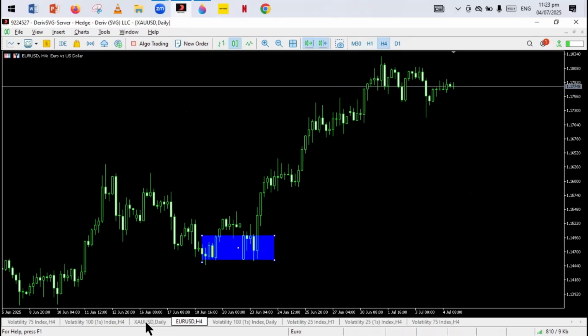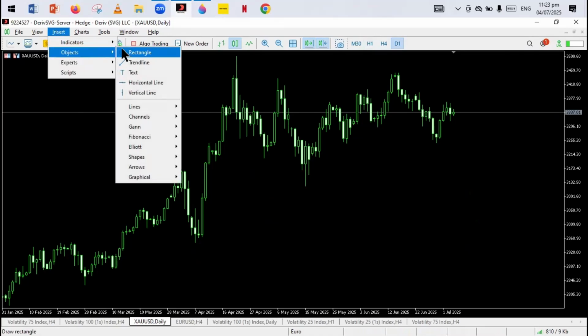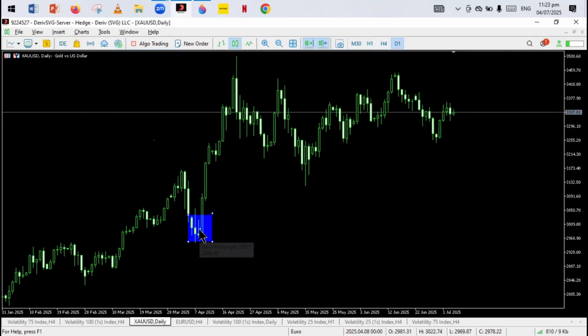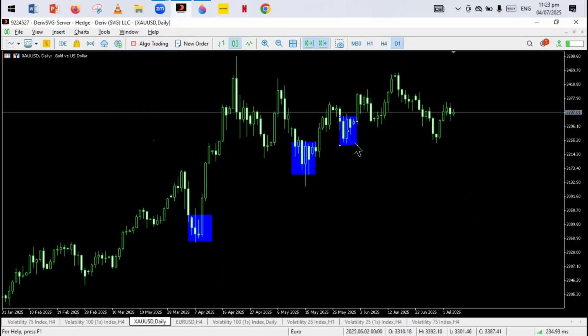And then let's do the last one, which is gold. Same applies. Higher high, higher low. What do we have? We have ourselves a bullish engulfing. Higher high, higher low. We have a tweezer bottom. Higher high, higher low. Sorry, that is a bullish engulfing. Higher high, higher low. So we have ourselves a doji, and then we wait for a confirmation for price to confirm